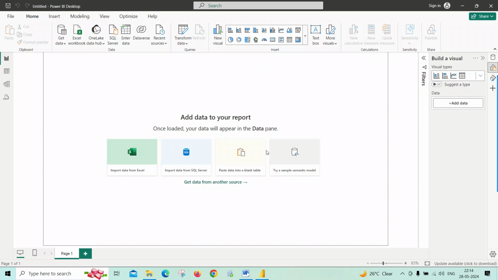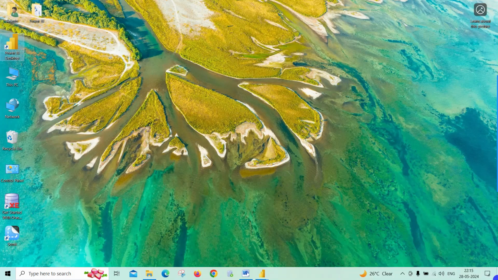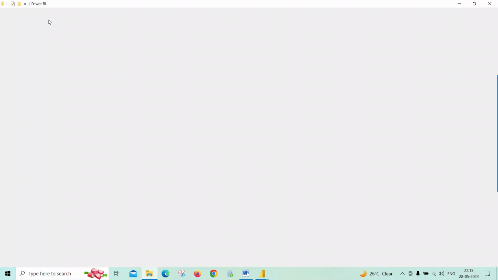Hello friends, today we see the text of column option in Power BI. So let's start. I have created some data for this exercise. So first we check this data first. I have kept that data in a folder BI,